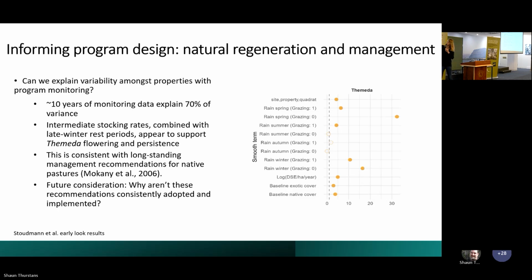And essentially, I want you to look at these dots that are way above the rest. And this is exactly what we would expect. Themeda, as one of our species of grass that we're looking after in these grasslands, happens to love good rain in winter and spring, and it therefore needs to be rested after those rains in winter and spring. And we've actually known this for quite a long time, so it's rather reassuring that the data explains a huge amount of site level variance and that it accords with all the things that people like Louise Gilfedder have been telling us for years and years, if only we would listen, which is largely that